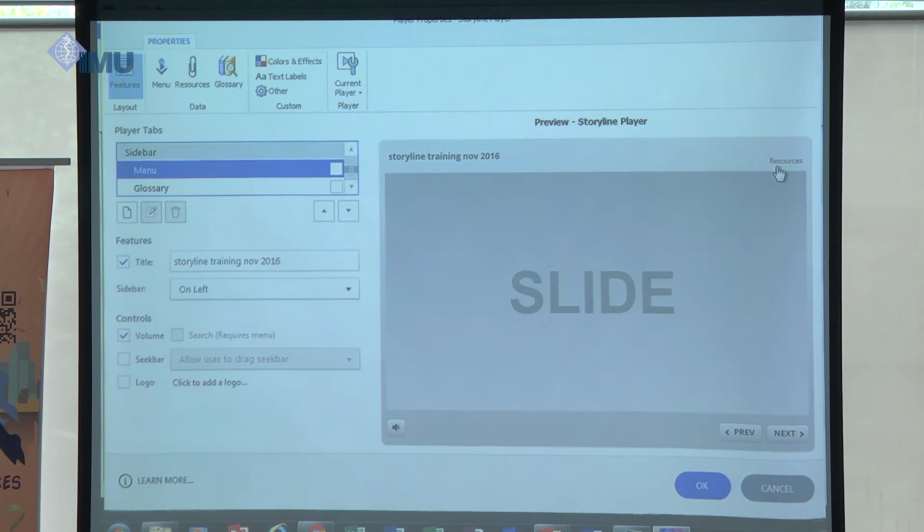These resources are, you can add some PDF files, link to videos, where the students can access them as part